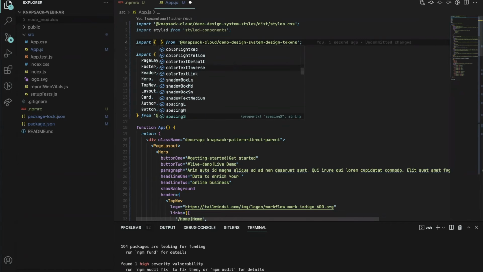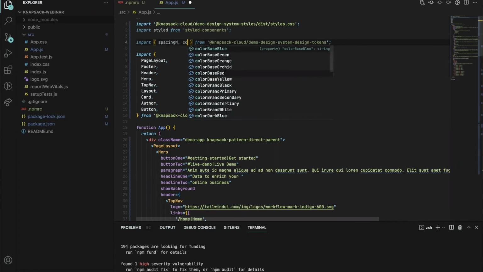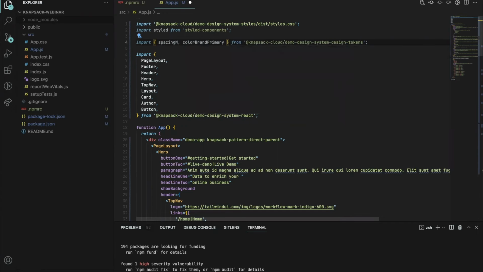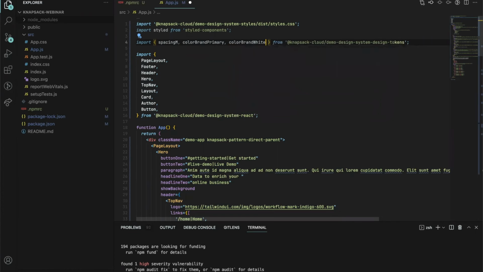And so like I have said before, we don't have any magic numbers anymore. We don't have any magic values. These are all things that our teams have worked very hard to create. And so we don't want to create any inconsistencies. So here, I'm going to pull in some of our spacing. So we're going to get spacing medium. We're also going to get our color brand primary. And we're also going to pull in our color brand white. And so now we can use our styled components, and I'll go ahead